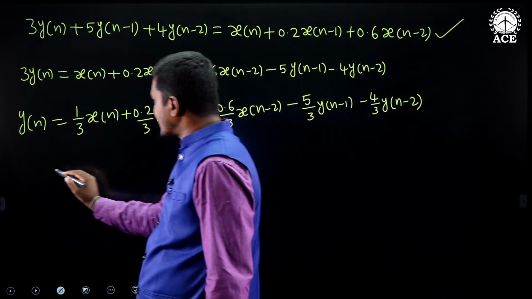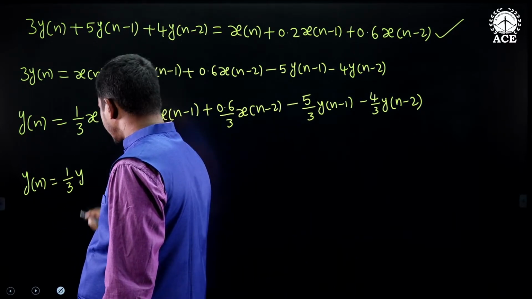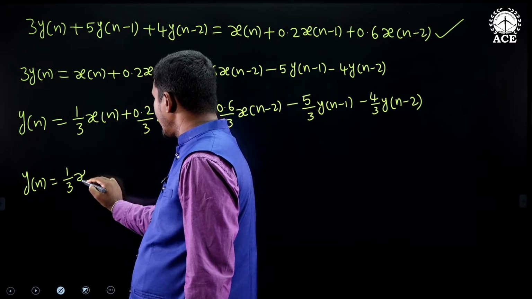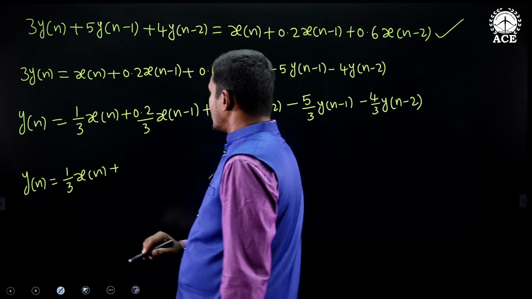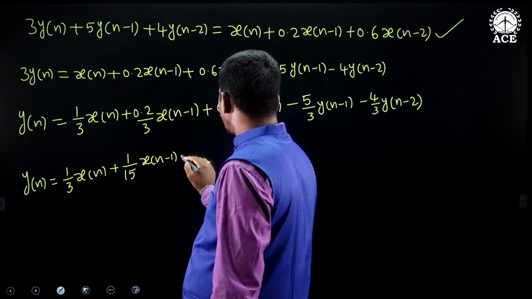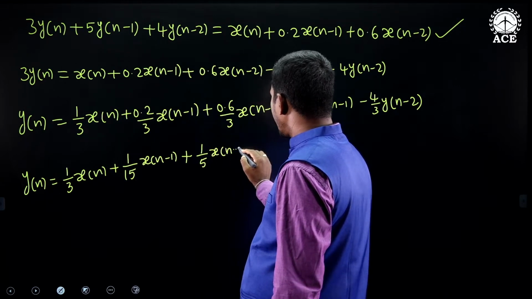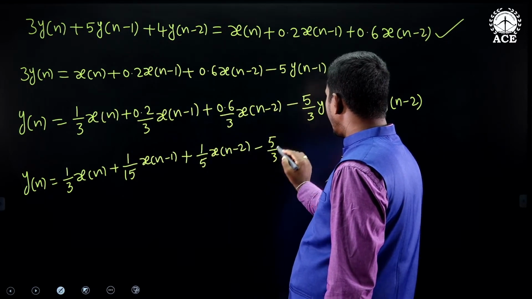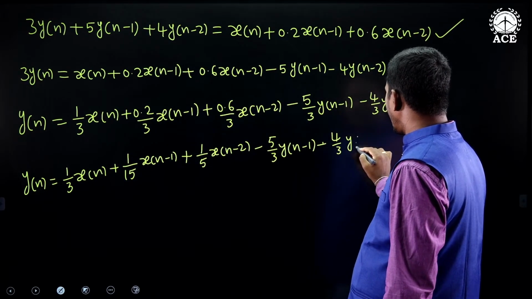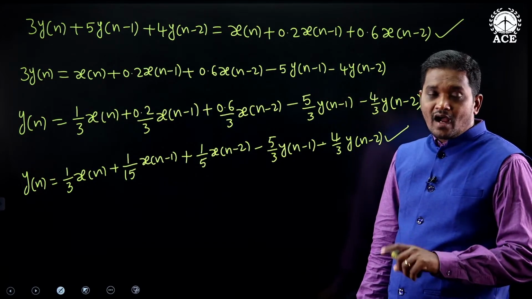Still, if you simplify this, y of n equals 1 by 3 x of n plus 2 by 30, which becomes 1 by 15 x of n minus 1, plus 6 by 30, which means 1 by 5 x of n minus 2, minus 5 by 3 y of n minus 1, minus 4 by 3 y of n minus 2. This is the equivalent difference equation we got. After that,